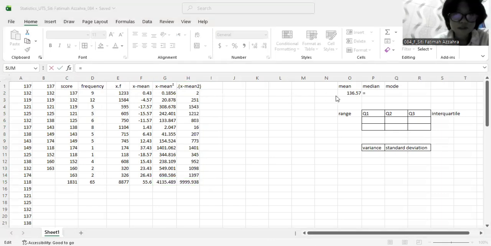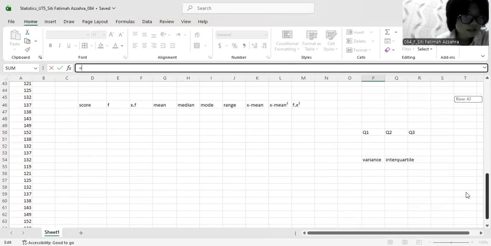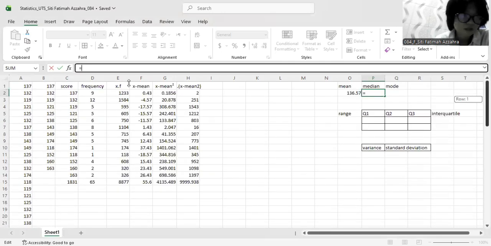Now we're going to search the median. So as usual, equals, and then you're going to find the. Okay, so the data has like 65. We have 65 data, as you can see right here. 65 data. Let me scroll down. 65 data of all of these. So what we're going to do now is divide 65 by 2, so the result is 32.5. And now we're going to search for what? Okay, which score is closest to 32.5, by looking at the sum.